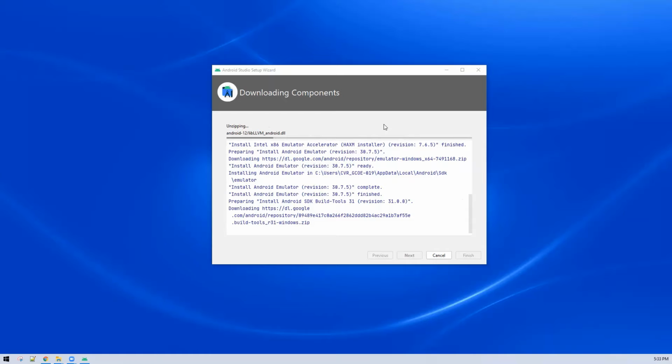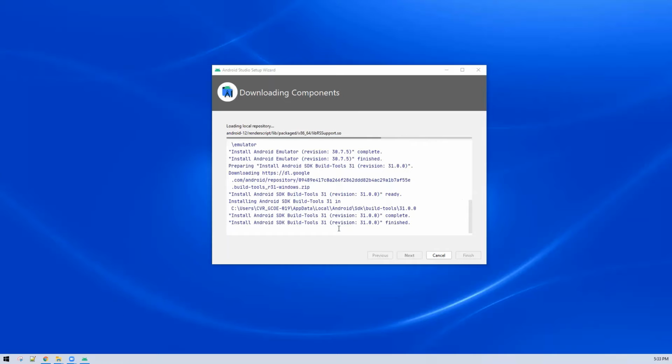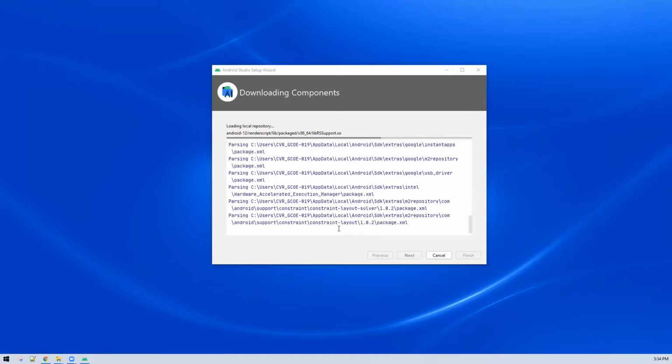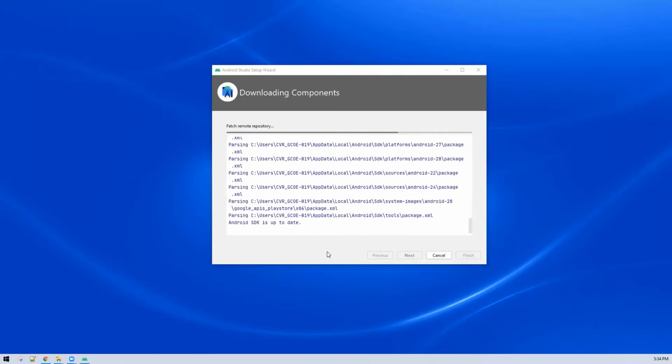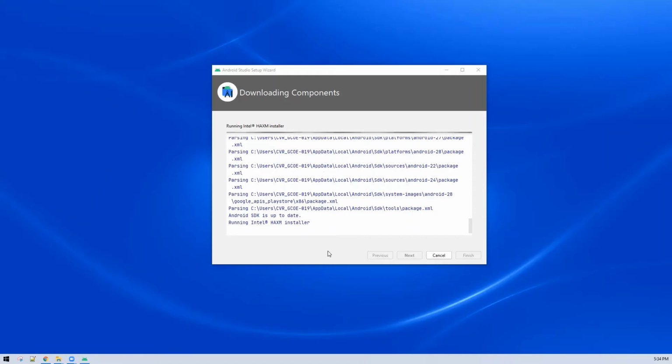Now it has started downloading the build tools R31 and unzipping now, and it is installing the files. Okay, it is fetching the remote repositories, and now it is running HAXM emulator.